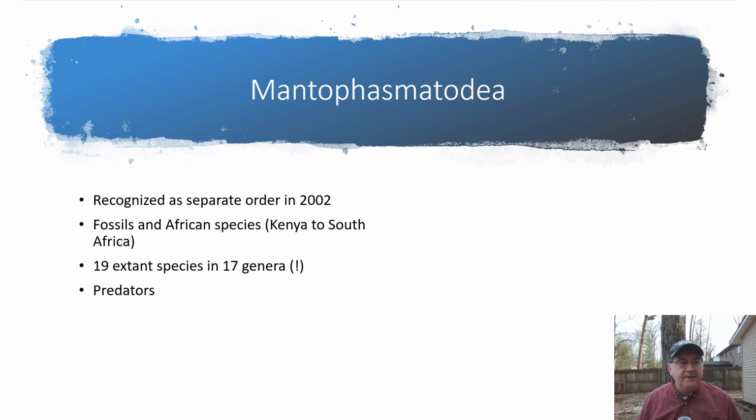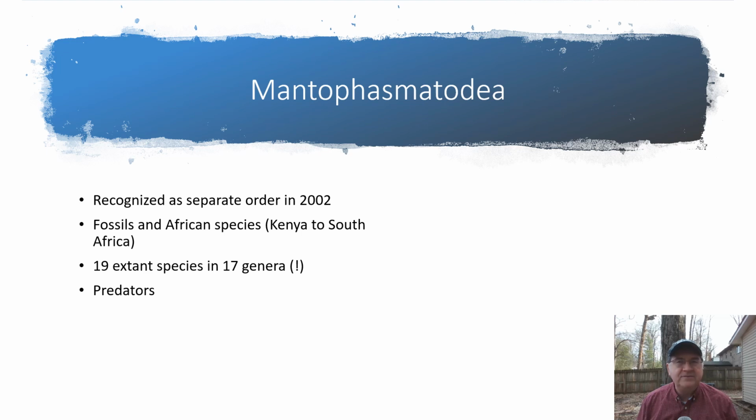And initially, this was more or less confined to South Africa, Botswana, this part of the continent. But more recent studies have found more species farther north, all the way up into Kenya and East Africa. And so now we're at the grand total of 19 living species of Mantophasmatodians. And you can see how highly dissected the taxonomy is, because those 19 species are found in